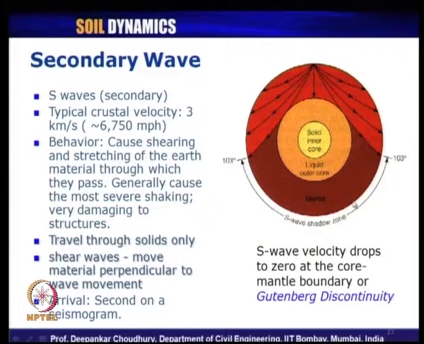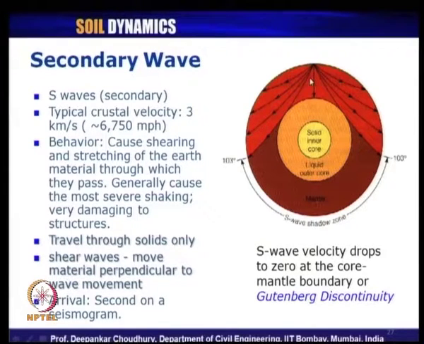But look at this zone, about 103 degree from one side to the other side. In this zone, no shear wave comes from the earthquake generated at this point. So, it is called the S wave shadow zone. Shadow zone means no waves reach those places. If we have seismograms located at this part of the earth, they cannot record any S wave generated due to the earthquake at this location.